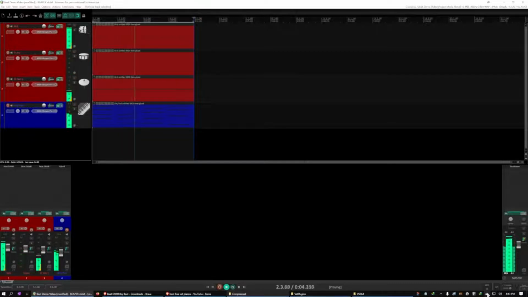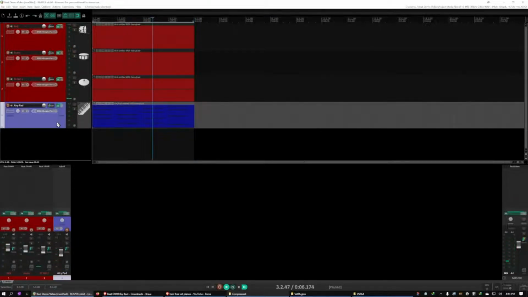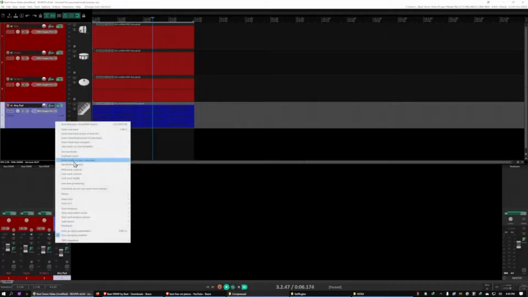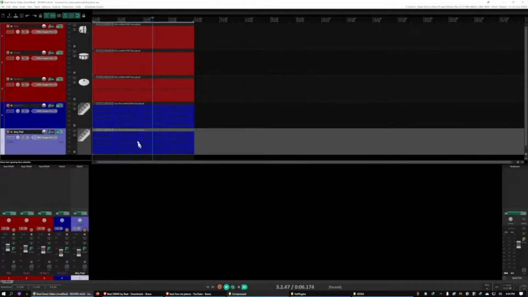Alright, so I got this thing into BPM. I like it. It's at 92. Got everything glued together to a 4-bar pattern that repeats here. Got these balances set okay. And I want to get another pad to beef up and back up this single pad that we have going on here. So what I'm going to do is just duplicate this whole track, because it's going to play the exact same MIDI